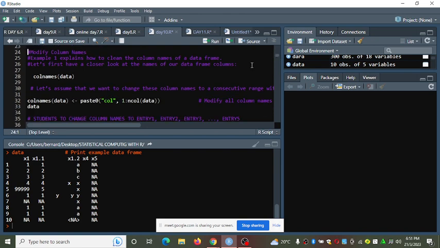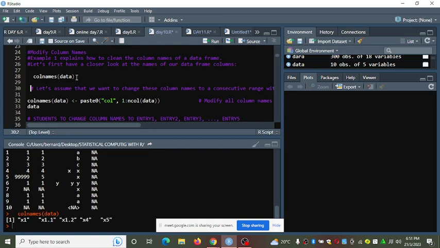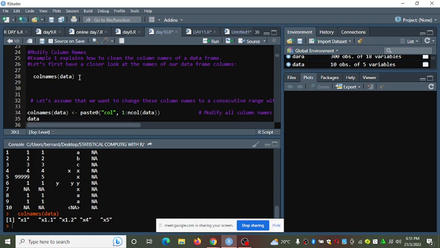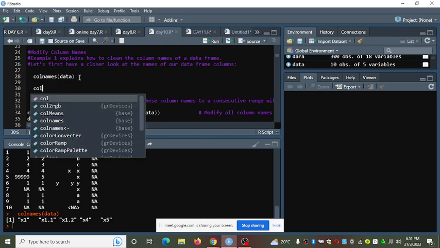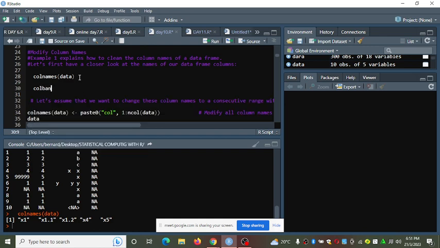So this is our example 1. It explains how to clean the column names of a data frame. Let's first have a closer view on the data. This is our column names. Remember the syntax for column names: you just use the colnames function. If you type colnames here,